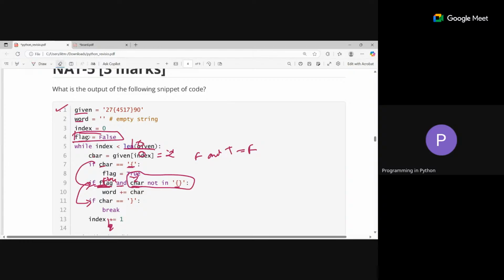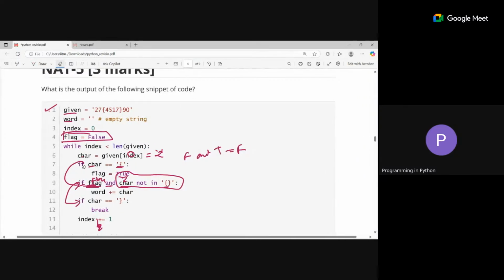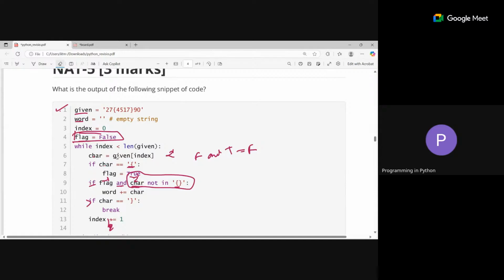So go for the next index position. What will happen now? Tell me. The first condition would return true. So flag would be set to true, and character not in this thing would be false. So again, this would be false. If I go for the next index, that is basically 1, here it is 7. So anyway not satisfying. Go for the next index, that is basically 2. Now 2 is basically what? This one